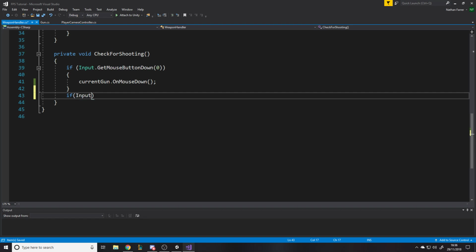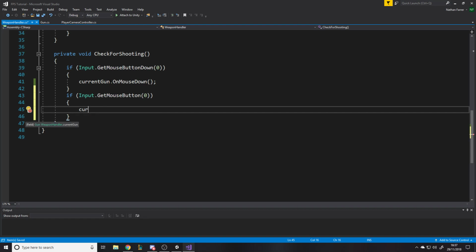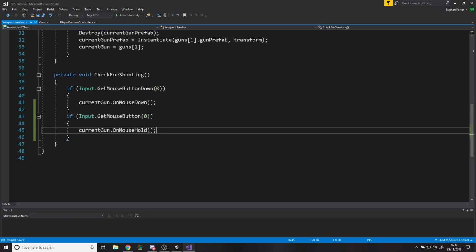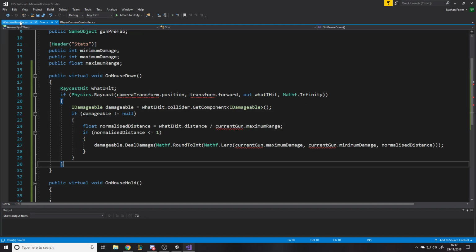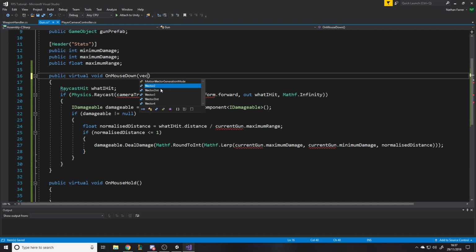if input dot get mouse button 0, current gun dot on mouse hold, and then we'll need to pass some data into that. So we need to have quite a bit of data if we're handling it inside the scriptable object. We need to know the camera to raycast from, so the camera's position basically. So what we want to know is a vector free camera pos. We want to know a